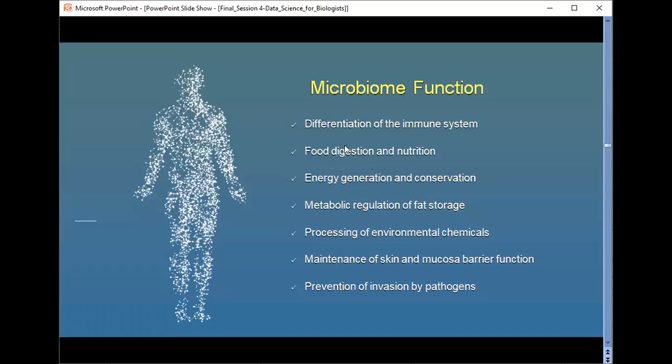So why is the microbiome important? Today we know that the endogenous human microbial community contributes to critical metabolic, physiological, and immunological functions that include differentiation and maturation of the host mucosa and its immune system, food digestion and nutrition, energy generation, metabolic regulation and control of fat storage, processing and detoxification of environmental chemicals.